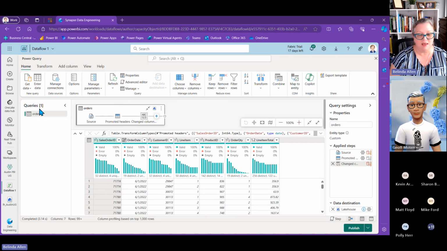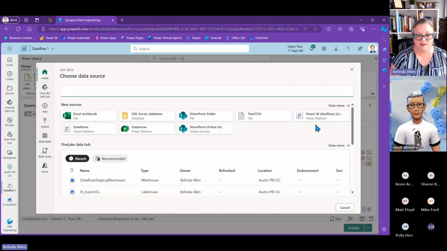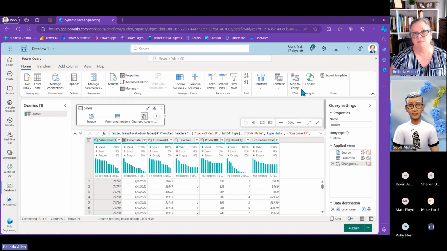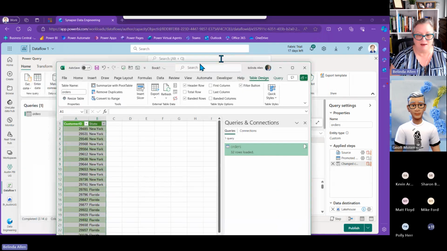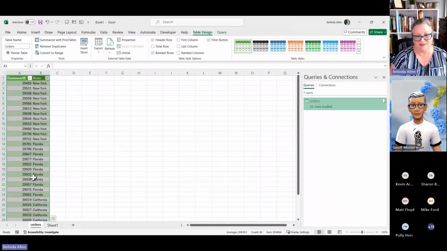Now I'm going to come back in and choose get data one more time. And this time I am actually, you know what? I'm not even going to go that route. I was going to get a blank query, but I think I'm going to do something a little bit different. So let me pull up, I have handmade in Excel a version where I just have the state where these sales are coming from based off the customer ID number.